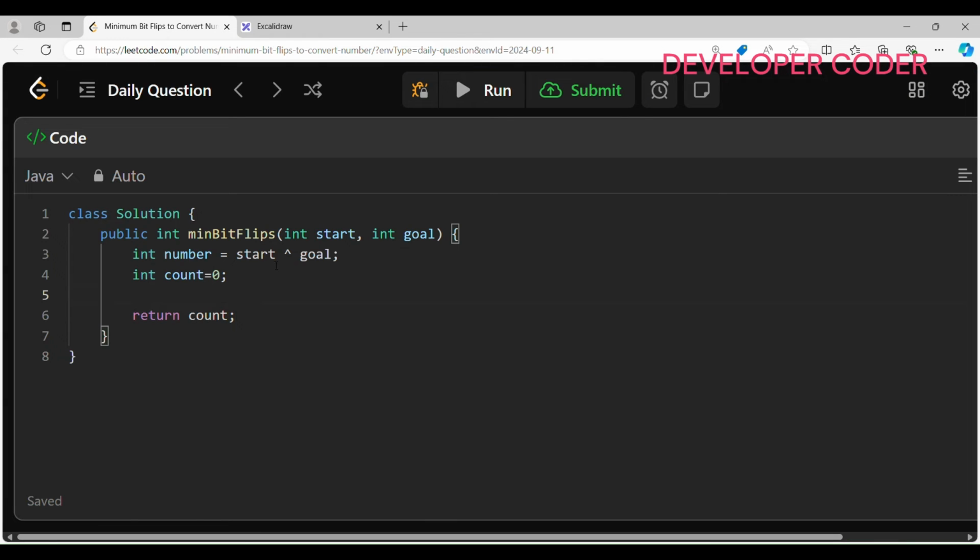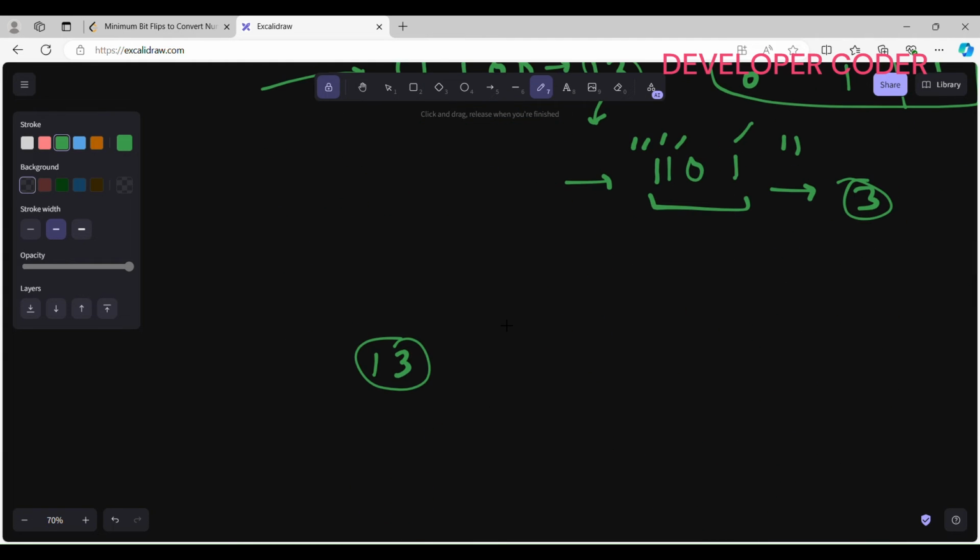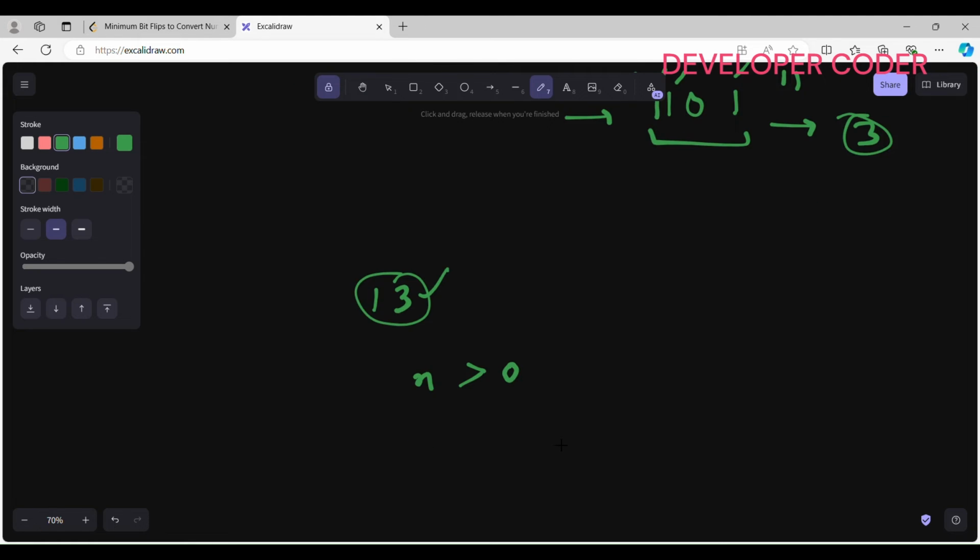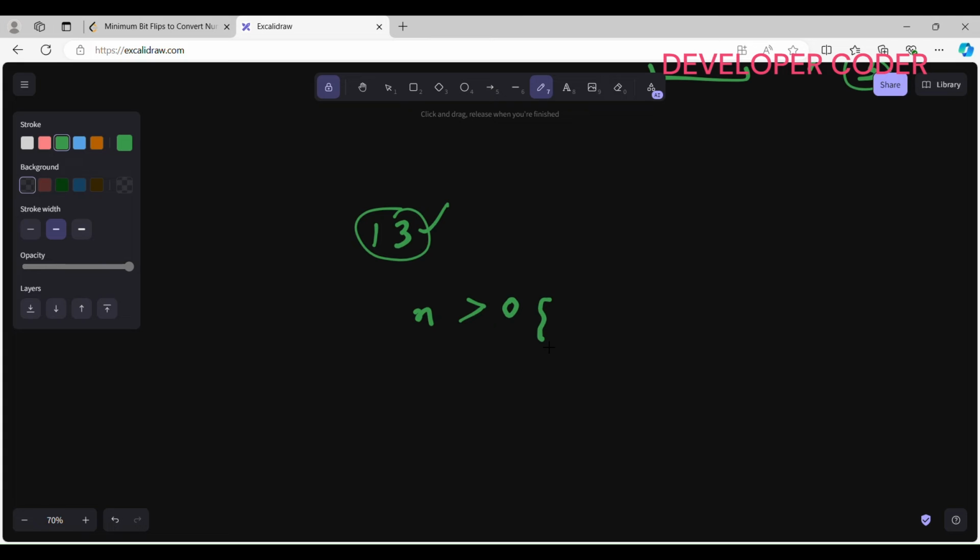Okay, so this is what we need to do here. So I will get this number. Then after that I am going to check while my number is greater than 0. If this number is greater than 0, this is inside one while loop. While my number is greater than 0, then I am going to do count is equal to count